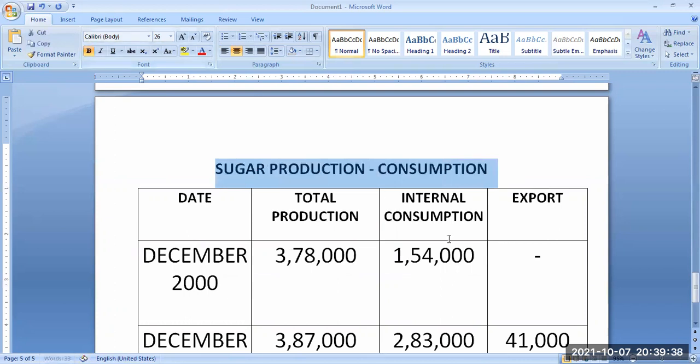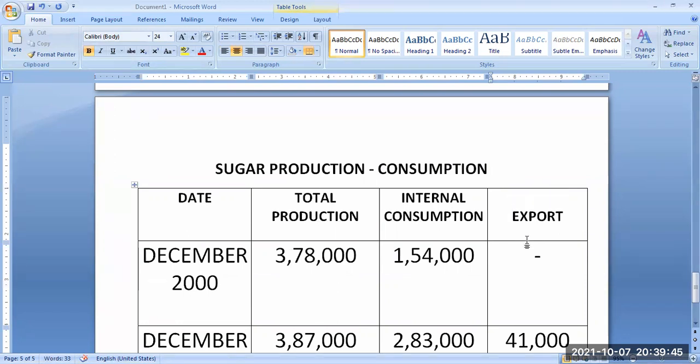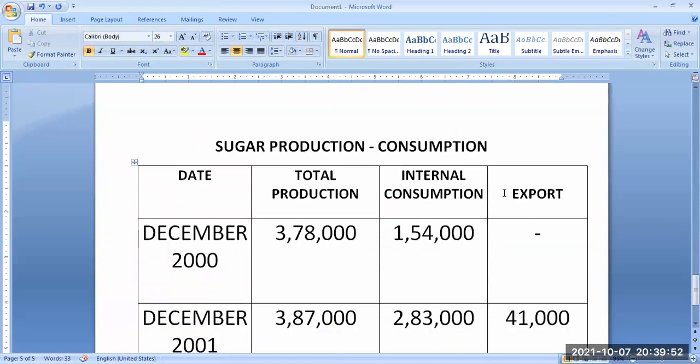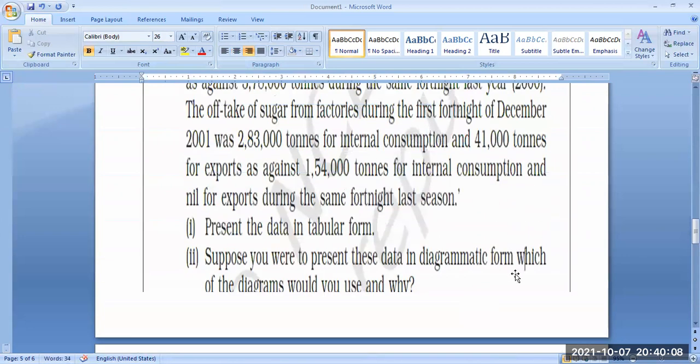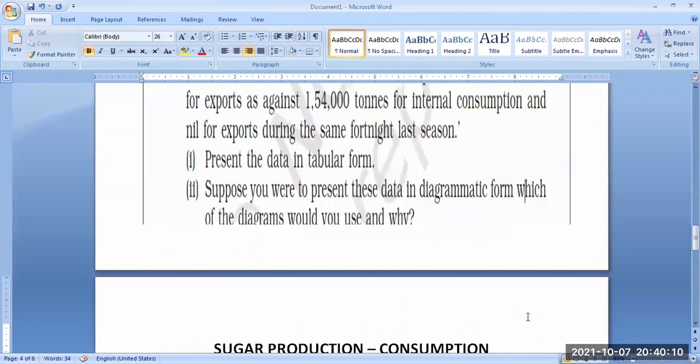Means internal consumption and external consumption. It implies, external consumption means export. Did you get? Okay. Another thing is also required. In tons. I mentioned, no? This is in tons, production. You have to mention it in brackets.